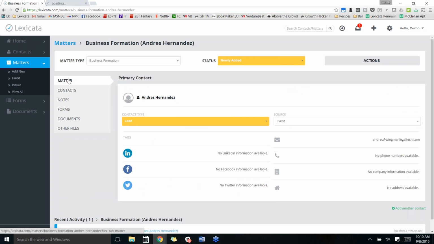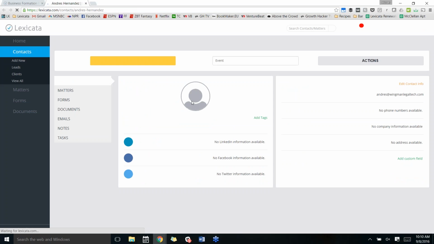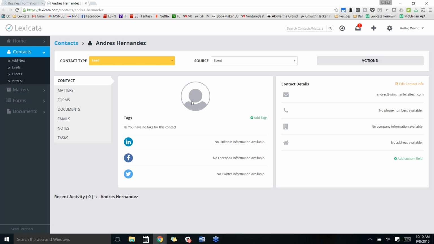Now, when people use Lexicata, they usually describe us in a couple ways: streamlined, efficient, automated, organized. So I'm going to show you how streamlined, efficient, automated, and organized we are, because we're going to be able to go through this entire intake process together without having to touch our keyboard the entire time. All we're going to have to do is click around with the mouse, and Lexicata is going to do the rest of the work for us when it comes to keeping track of people, sending out forms, and all that kind of stuff. So that's basically how to get someone quickly into the system.